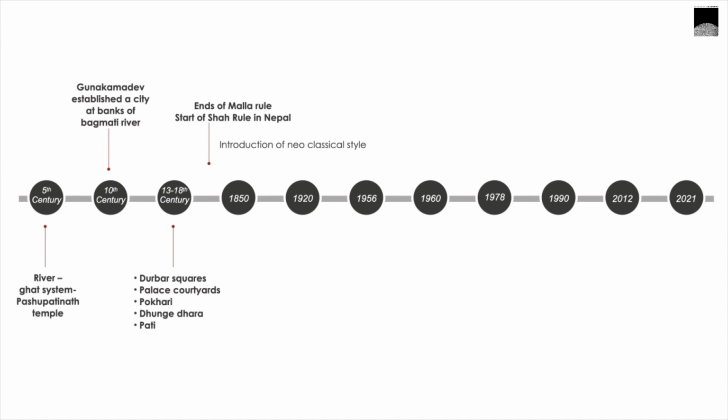During this period, a new style of architecture was introduced to the country by Rana Prime Minister Janga Bahadur Rana, who was keen on modernizing the country after he was inspired by what he saw in European countries during his visit in 1850. This initiated development in Nepal in the field of science, technology, engineering, and water resources.